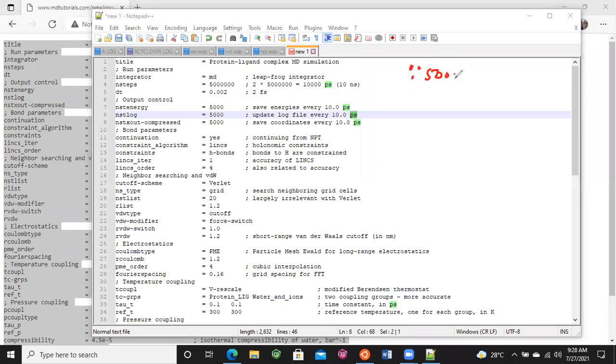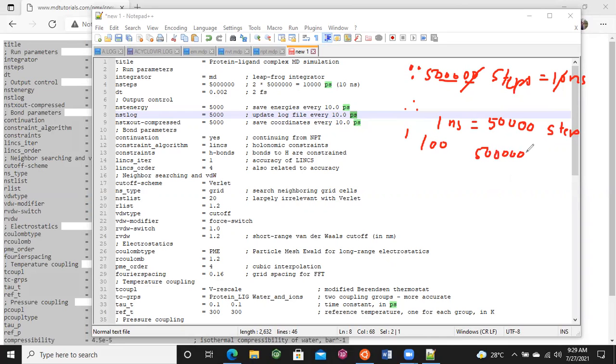Since 5 lakh steps equals 10 ns, 1 ns equals 50,000 steps. So as per our need, we can increase 20 here and 20 again here. That will be the 100 ns MD simulation.